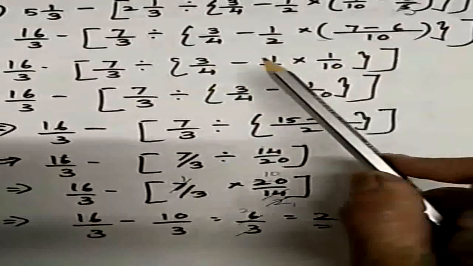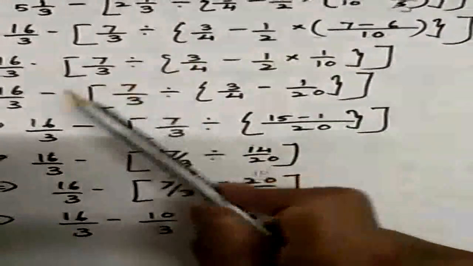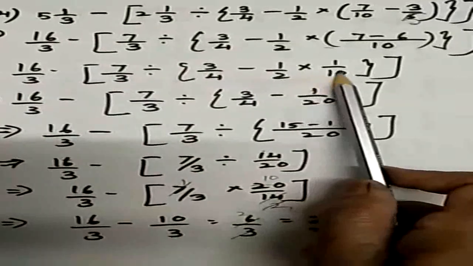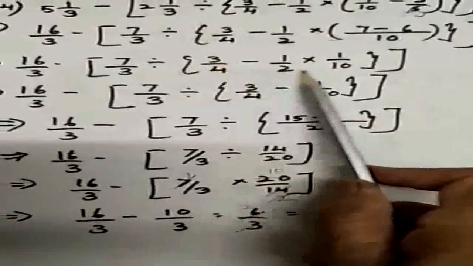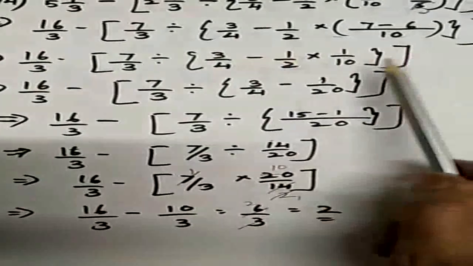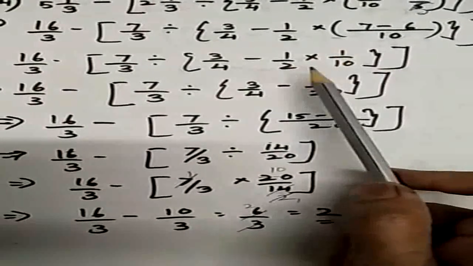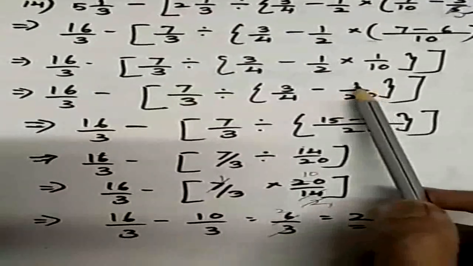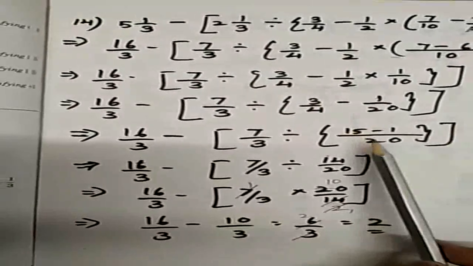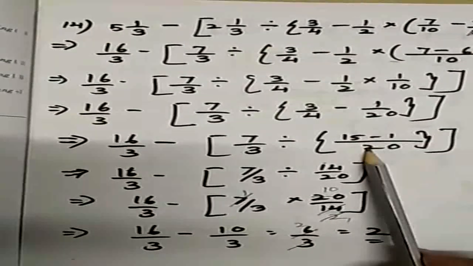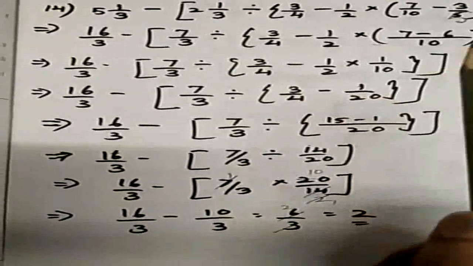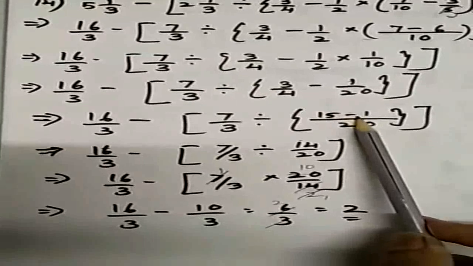Okay, then next step you will open this curly bracket. Again copy down everything, then open this curly bracket. In this curly bracket, first you will apply the same BODMAS method. First you will do the multiplication, then only the minus. So when you do the multiplication, 1 into 1 is 1, 2 into 10 is 20. Okay, this is the multiplication you have done. Then in the next step, when there is plus or minus, you know how to do addition and subtraction of fractions. So take the LCM, LCM is 20. Then with the LCM you know how to do this. Okay, then bring the answer of this curly bracket.